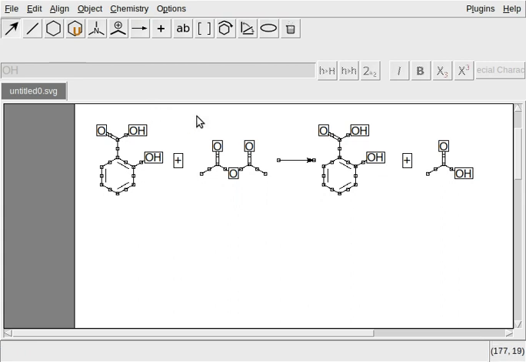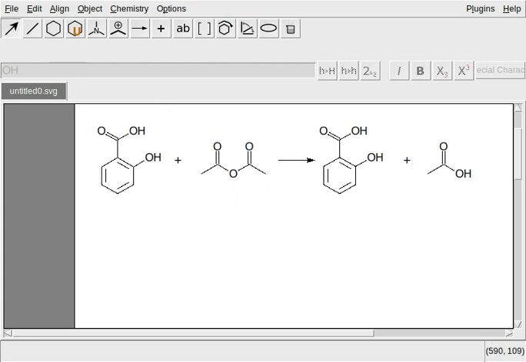We need to unselect everything. It is looking not so good. We can make again a selection of this acetic anhydride. Full molecule selection, all the bonds, and individual atoms need not be selected, all the bonds.